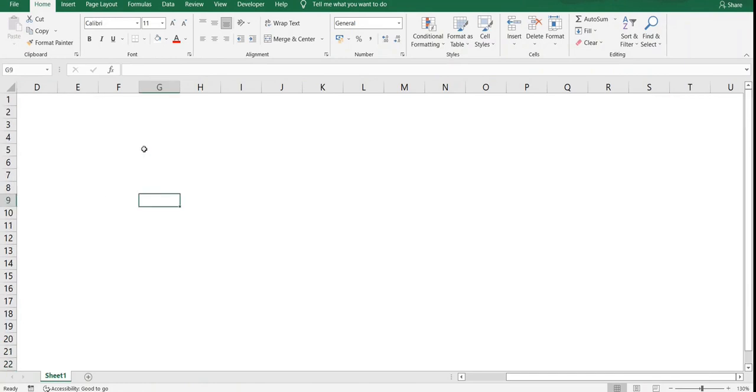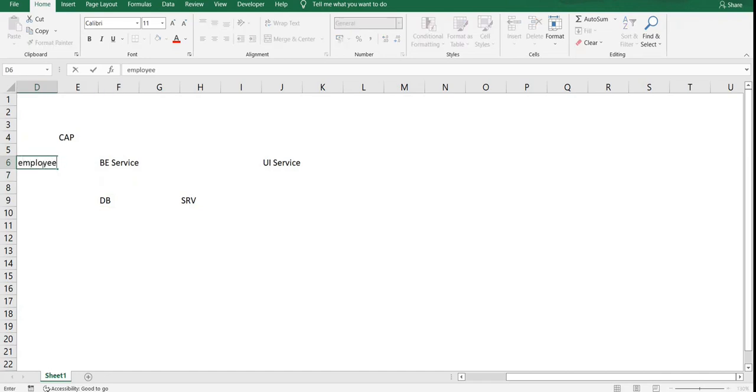Okay. So in a CAP project, what we learned till now is whenever I have a CAP project, I would have a backend service, as well as we can think of a UI service that can be consuming that. We have not generated a UI service yet, but we would be going through that as well. When I talk about a backend service, it consists of a DB as well as an SRV module, right? And dedicated to this service, for example, currently we are working with an employee service,